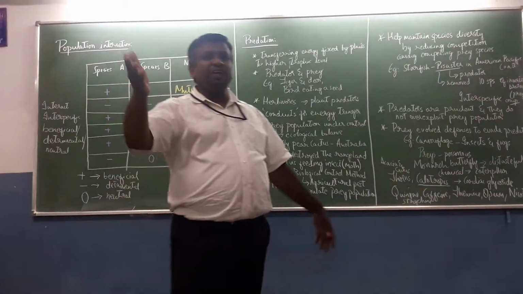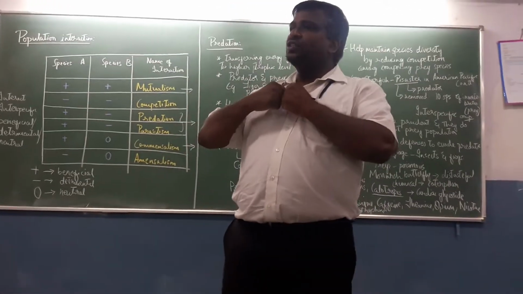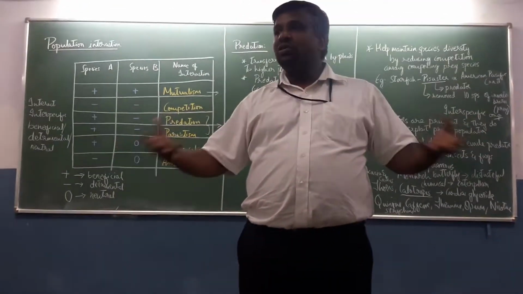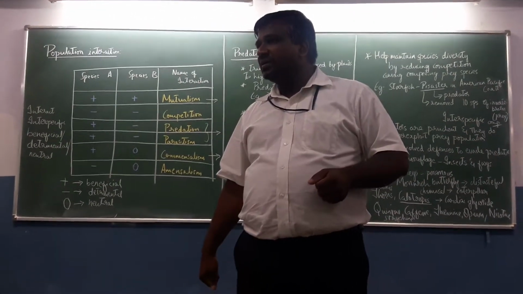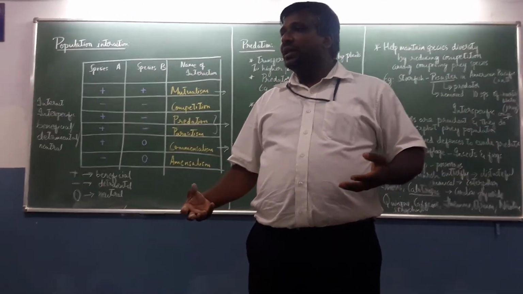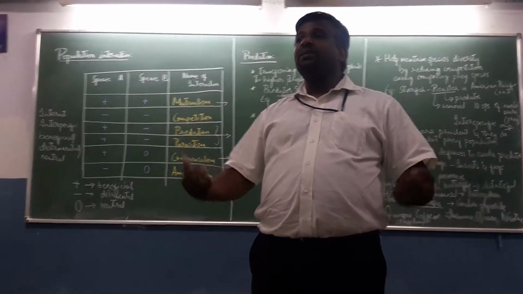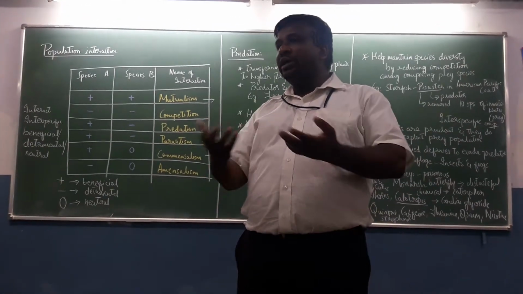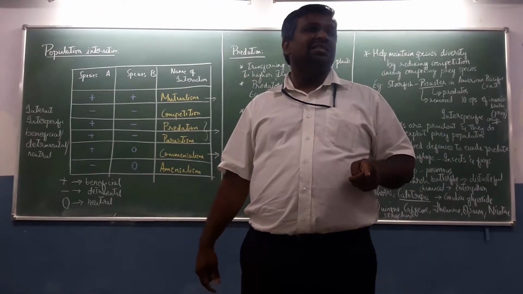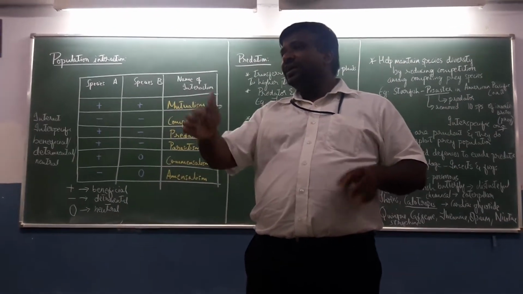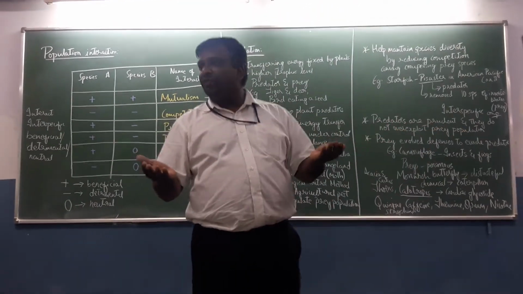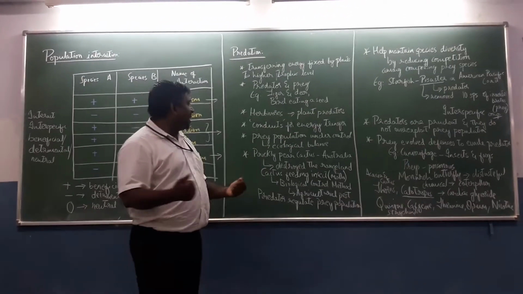Just like the concept of equilibrium. Just assume there is no predator at all. All the prey would die because of interspecific competition. The food resources become minimum, and when the food availability becomes minimum, all of them are going to die out of starvation. So predators help in maintaining this prey population. They maintain the ecological balance. Predators are required for maintaining the ecological balance.